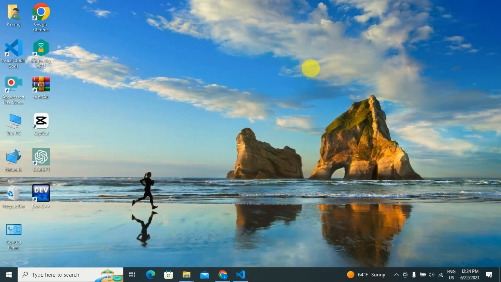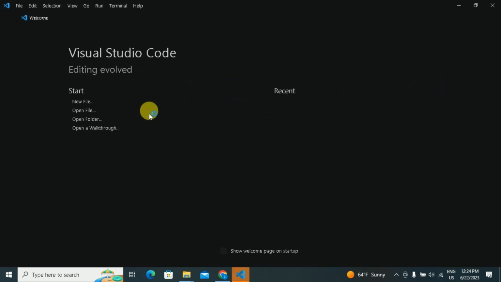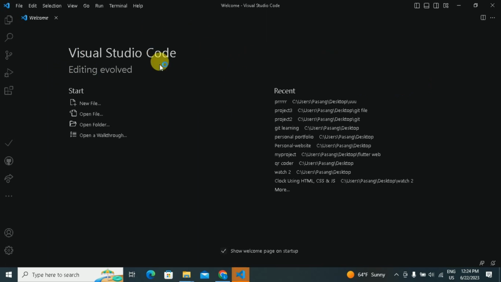Okay, and we can see here in the desktop, and open, and after that I'm going to show you how to run it. This is for close. You can close this window